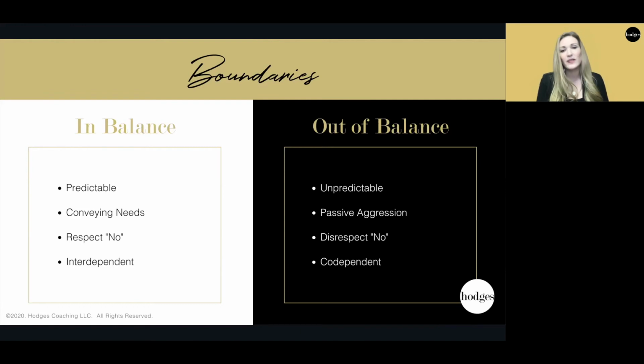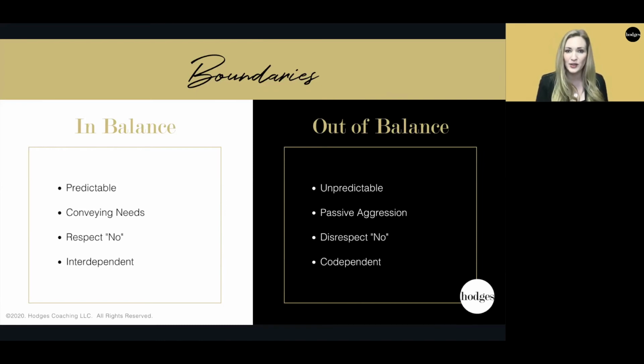And this also feeds a lot of codependency, because the people pleasers on teams will want to please the leader by always doing more and more in order to feel like they're on the leader's good side, because these unpredictable leaders tend to show favoritism, and that just creates a lot of codependent issues where everyone's too reliant on each other and not interdependent, like we have when boundaries are in balance.